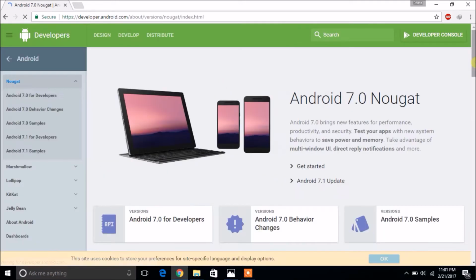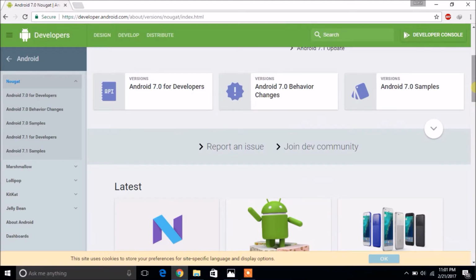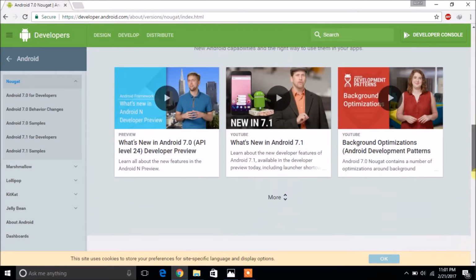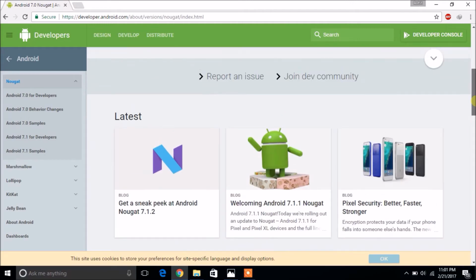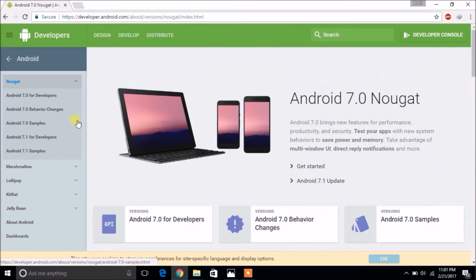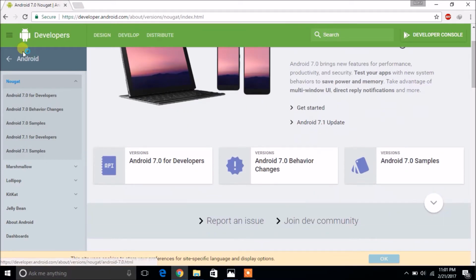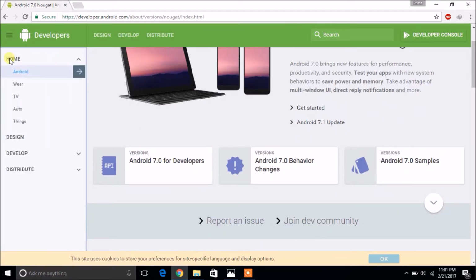It shows everything related to Android, all the documentation and details, including resources and all the upgrades Android has had till now. There are cool features about Android 7.0, that is Nougat, and everything.